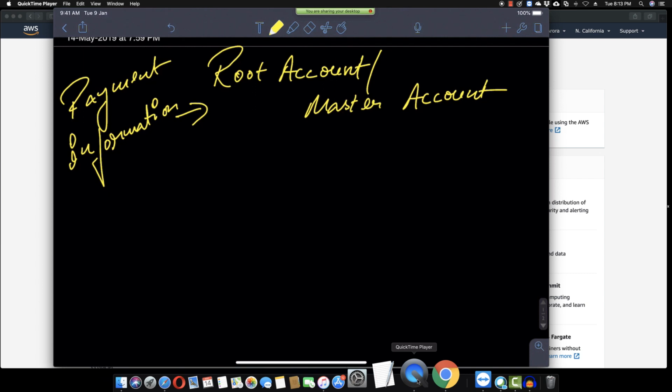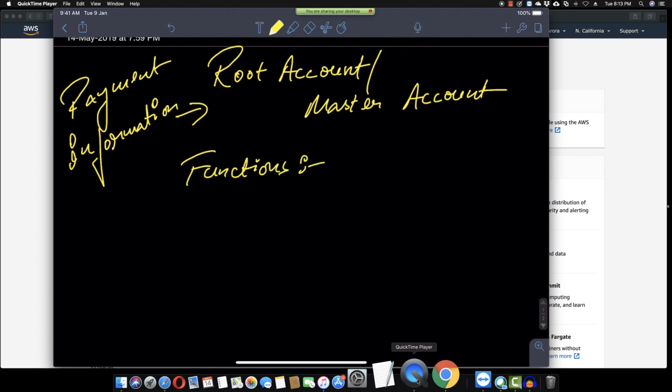Now, a root account can be signed up by any individual, or your organization will sign up. Right now, we're talking about the organization level, the enterprise level. So the root account is the highest, the topmost in the hierarchy. Now, the root account owner, what's the purpose of it? What's the purpose of having the root account? The main purpose of the root account, or I would say there are two main functions. The functions of the root